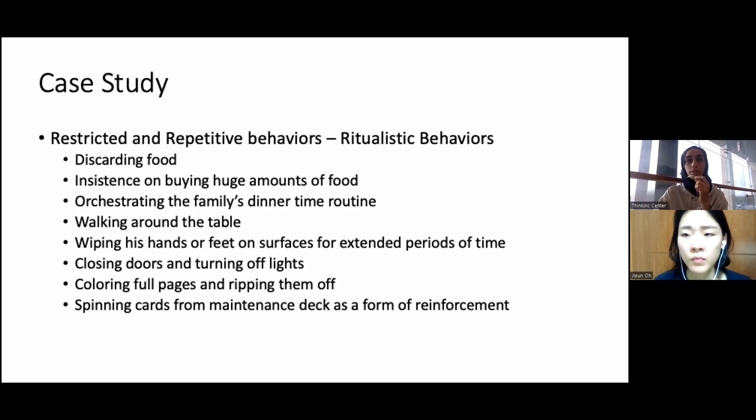For example, when they buy nuts or crackers, he would eat a little bit and he would insist on getting rid of the rest. Like the rest of it has to go in the trash. And he is a big guy. He is 20 years old. He is tall, broad shoulders. He's very strong. So what he wants usually happens. And his family, his parents are not able to block him.